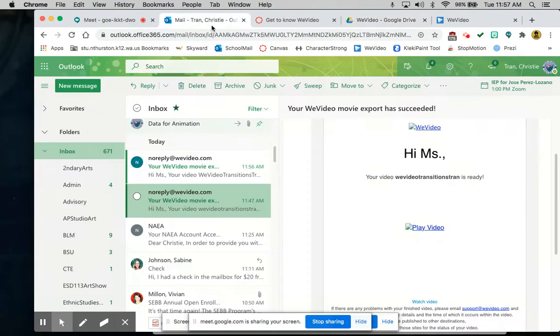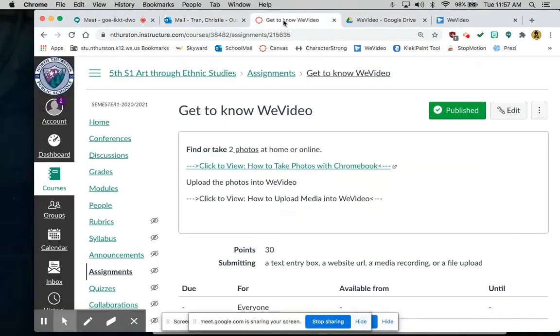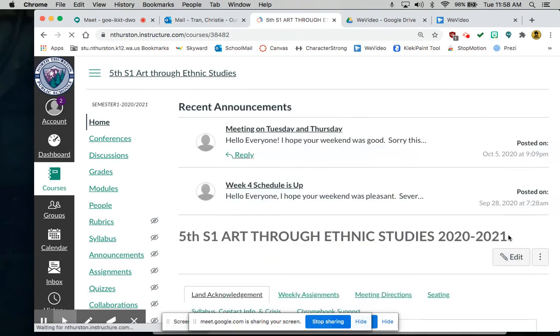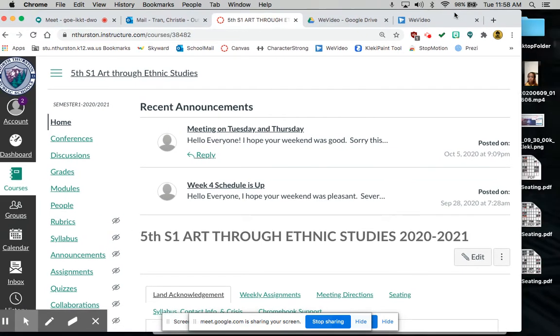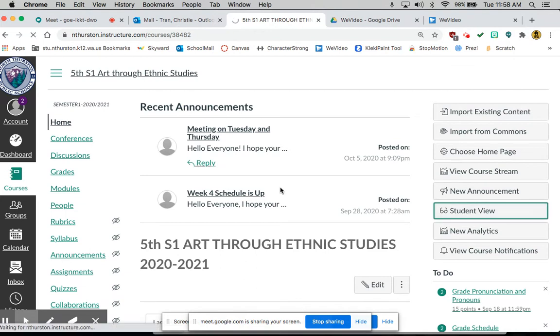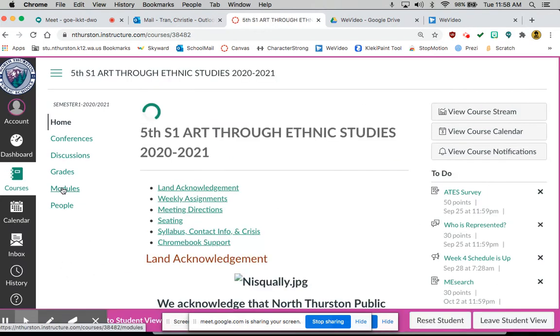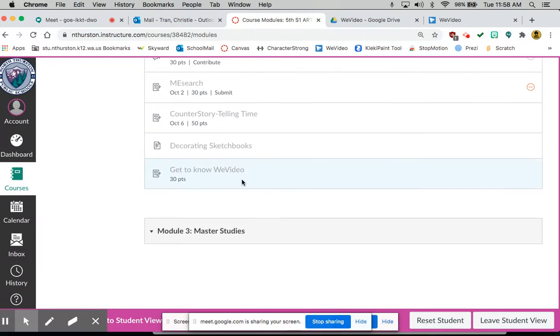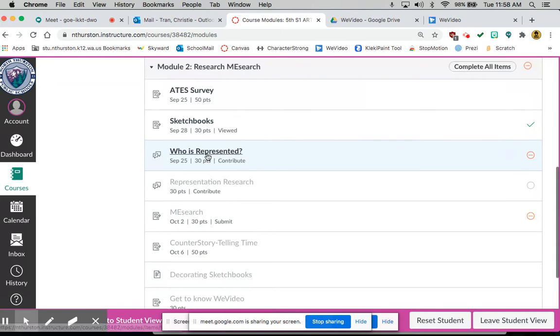And then go into your email, or not go into your email. You're going to go into your assignment. And let me get into student view. Somewhere here, you're going to get into student view. Or you're already in student view. I'm not. So again, go back into modules, go all the way down to get to know WeVideo, which is not here, but you're going to submit it. Okay, so